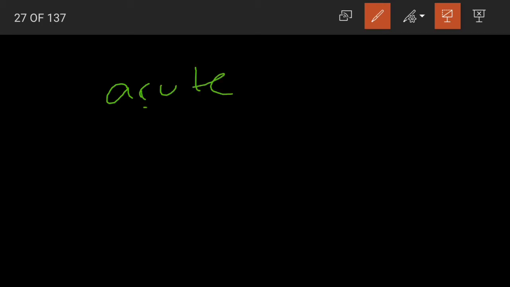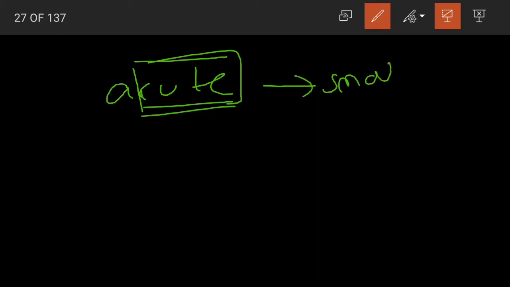ACUTE. First let us talk about what is this cute. What do we find cute? Suppose if we see small children like you, what? Small children. We say that you are looking cute. Yes, cute is used for small children. We don't say to big people that they are looking cute. Yes, so by this you can keep this in mind to understand what is an acute angle and an obtuse angle. Cute is used for small things and small children.